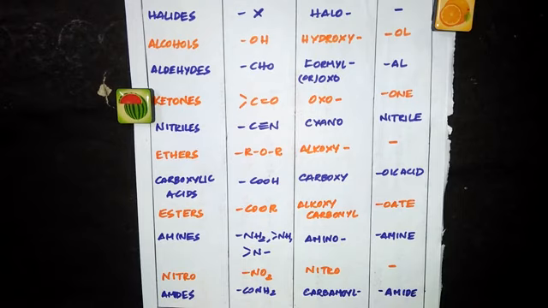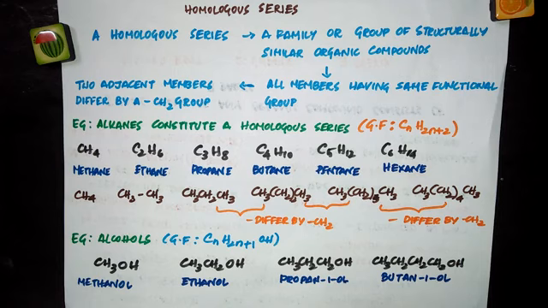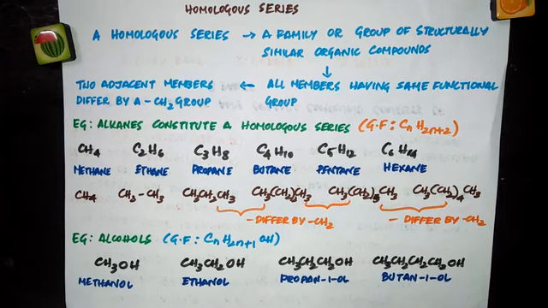The next topic that we are going to learn now is homologous series. To simplify and systematize the study of organic chemistry, because we have millions and millions of organic compounds, all the organic compounds have been divided into different families or groups, depending upon their structure and chemical properties. Each such family or group is called a homologous series. This can also be based on functional groups. Just now we have seen alcohols, a homologous series of compounds. If they have acids, COOH, then again it is a homologous series.